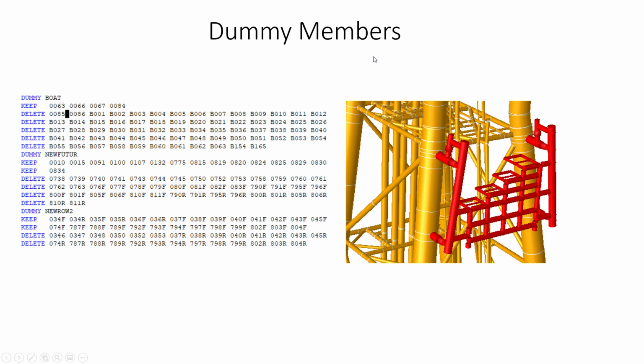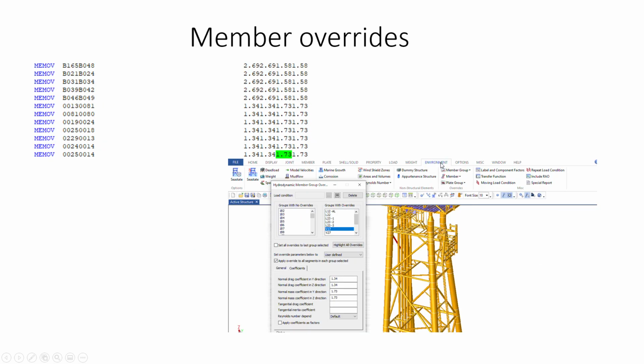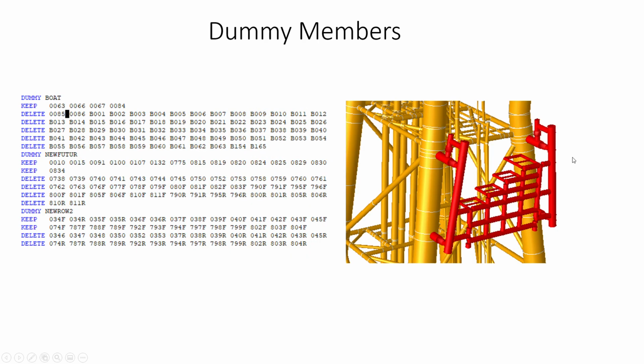Then dummy members, see, these are called dummy members. Why do we call them dummy members? Because these will not participate with any stiffness for the global model, and this is a replaceable item. For that reason we will not consider it for stiffness purposes. So we have to give these members a dummy member property wherever the boat landing is there. So we have to select all those members. Again we go to this environmental data. Here there will be an option, see, dummy structure. You click the dummy structure, a dialog will open. You select these members and click OK.